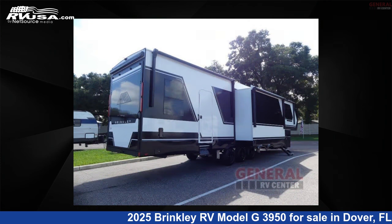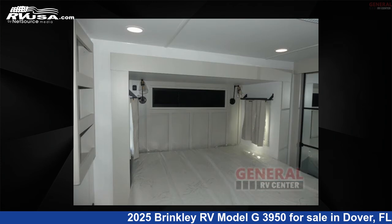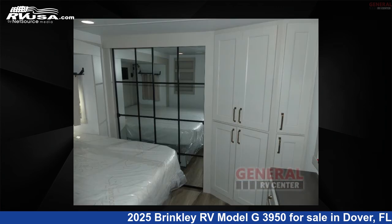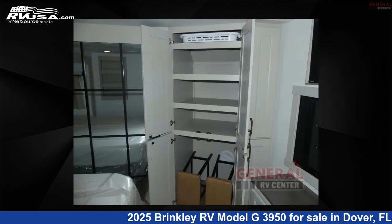This new Brinkley RV is 45 feet 0 inches in length and features sleeps 9, slideout, and 150 gallons fresh water capacity. The floor plan layout of this toy hauler features bath and a half, front bedroom, kitchen island, loft,